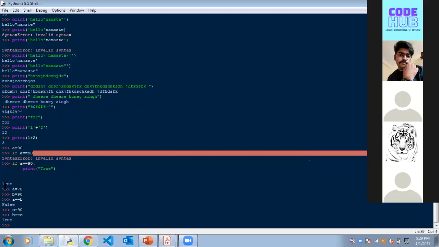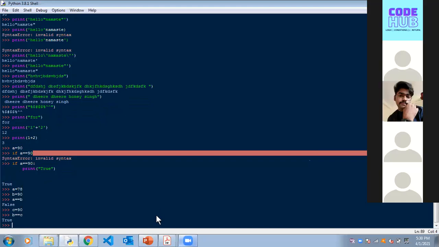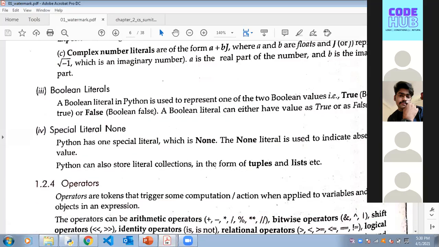Ma'am, why are we using equals to operator 2 times? Yeah, that is an operator. We'll come to operators. Operators in Python, you have different types, that is arithmetic, equivalent and all. We'll come to it. See, if you assign one equals to, that is a variable name, right? Like A equal to 78. But if we assign 2, then it is checking like is it 2 or 1. We'll teach you in the further coming classes. We are coming to operators. It is the next topic. Like I will finish it.